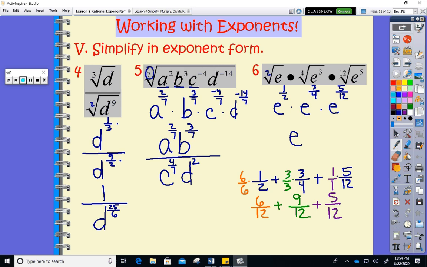So 6 plus 5 is 11 plus 9 is 20 twelfths. Okay, 20 twelfths. Divide by 4, divide by 4. That's going to be 5 thirds. So your answer is e to the 5 thirds. And again,